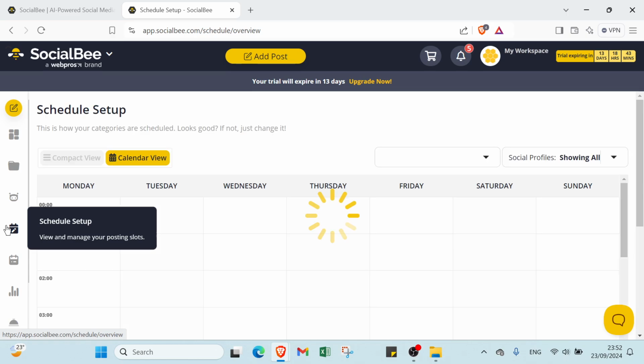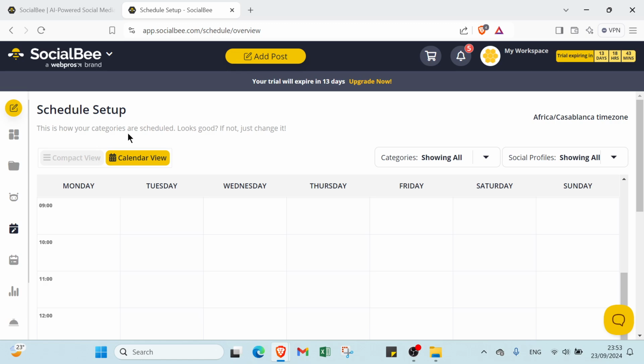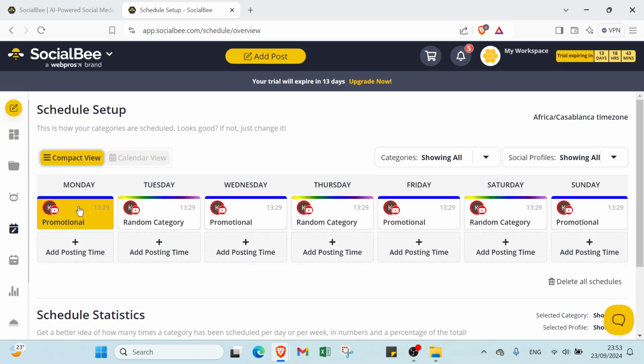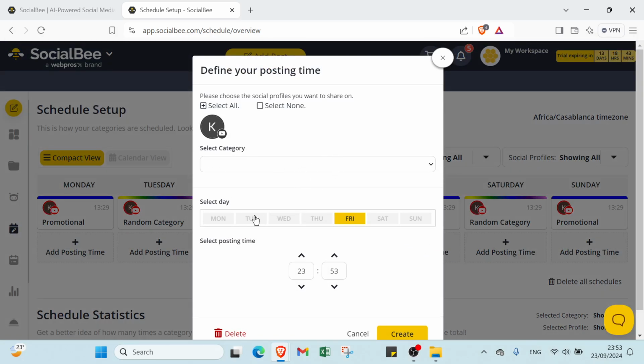Then we have here schedule setup. So that's an important step. I will show you how. So this is how your categories are scheduled. Look good, if not, just change it. You have here, for example, I will add a post for Monday or Tuesday, also Tuesday, so the day that you want. And also you can just add it